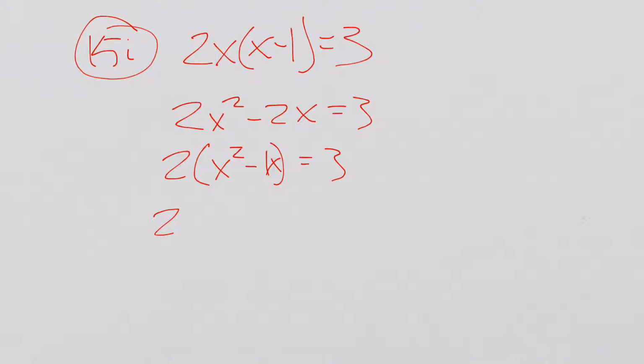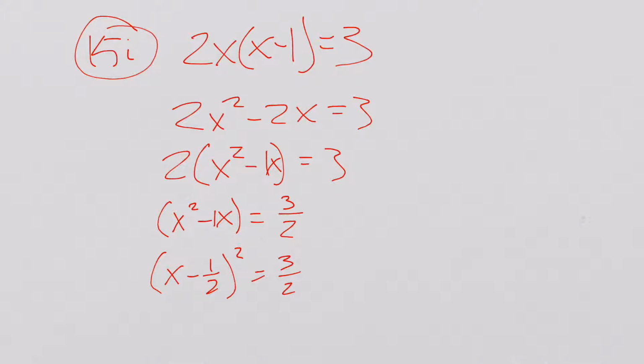Now we will complete the square. Hey, let's do this, it will make it easier. Let's just divide by 2. So then we'll have x squared minus x equals 3 over 2. That's going to make my square completing a little simpler, actually. So let's complete the square by saying x minus half of my coefficient on x, which is 1, so x minus 1 half squared equals